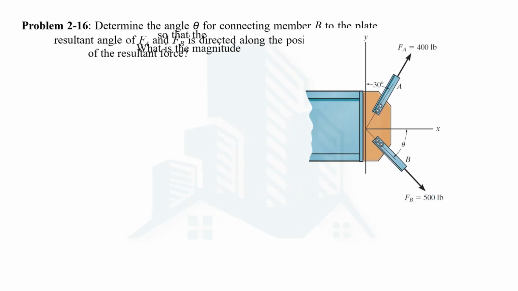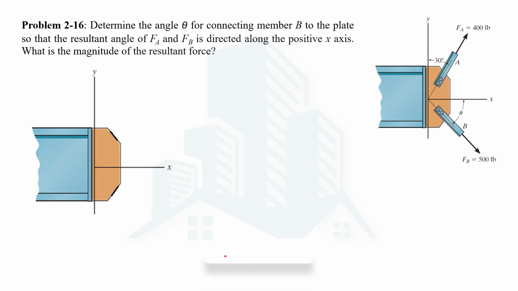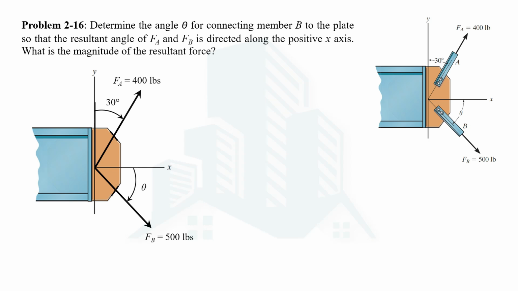So let's solve this problem. These forces are actually acting on this plate, so let's consider the plate on which these forces are acting. One force is FA, which makes an angle of 30 degrees with the positive y-axis. The other makes an angle of theta with the positive x-axis in the anti-clockwise direction, and that has a magnitude of